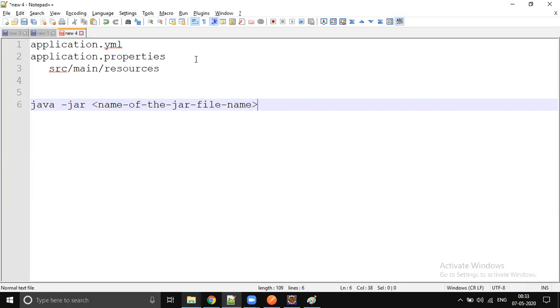At the time of running your application using the java -jar command, we pass that configuration. So this is dynamic properties binding in Spring Boot. So how are we going to do the dynamic properties binding in Spring Boot?